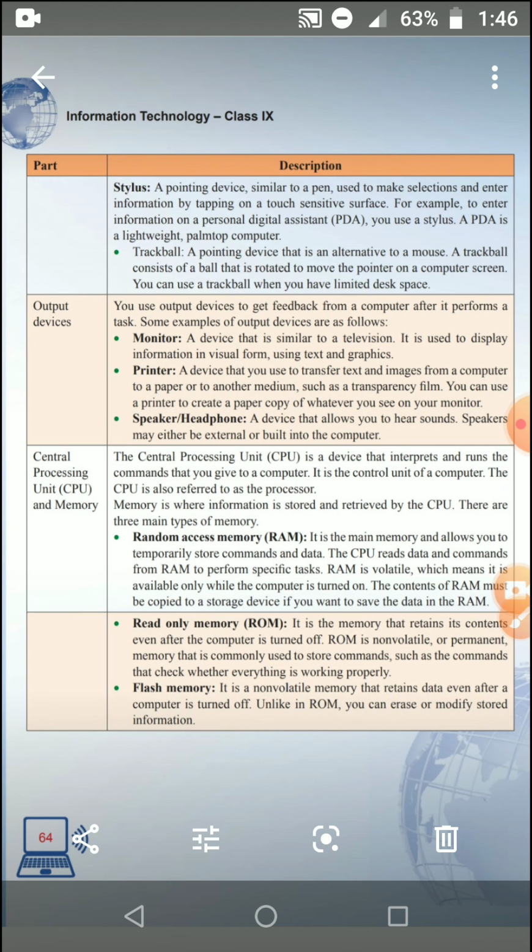Your RAM is the memory that is active when you have the computer on, and that is called RAM, that is random access memory. The memory is active only as long as the screen is on. The moment the screen is off, the memory is erased, therefore it is known as volatile memory. There is no permanent storage over here.